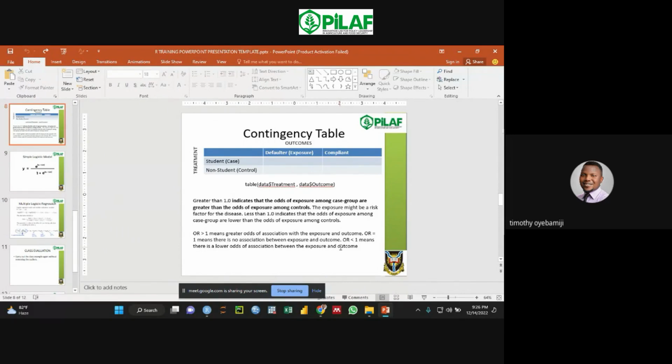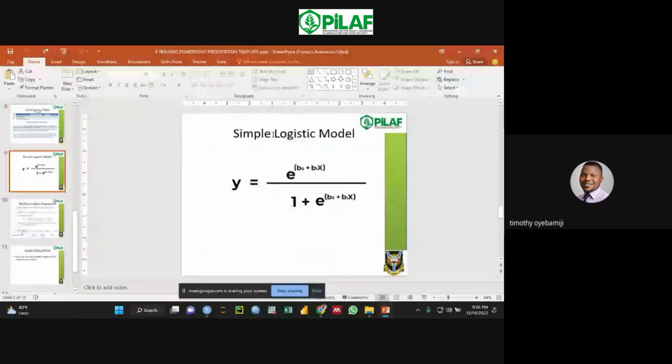And when odds ratio is 1, it means there is no association. While if it is less than 1, it means there is a lower odds of association with the exposure and outcome. All right. Now, for a simple logistic regression, we have this model, which we are going to see in detail. Now, looking at this, we have the